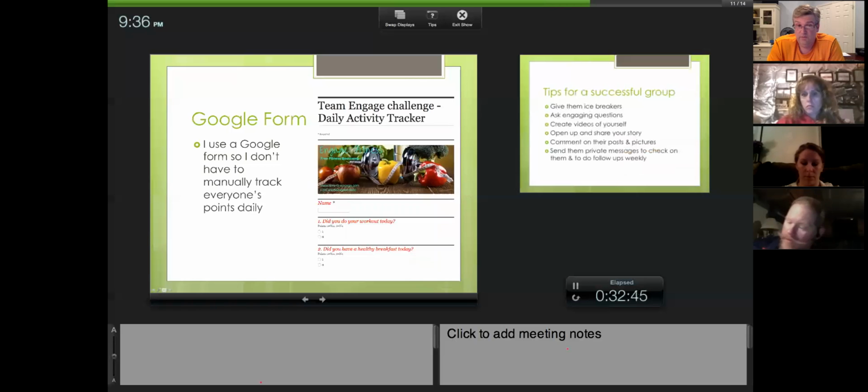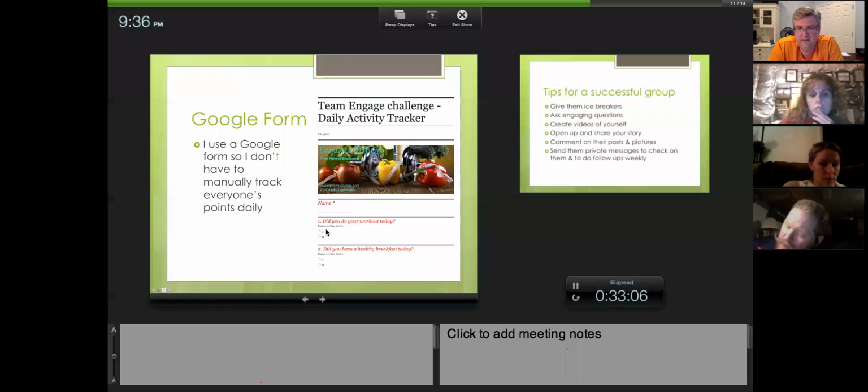This is the form. If you actually click on that link, it'll take you into a Google Form, and you can see that you'll have images in the form, and it'll ask them to put their name, and it'll automatically put the date, and basically it'll ask them the same questions. Did you do the workout today? And they would select, see it has a 1 and a 0.